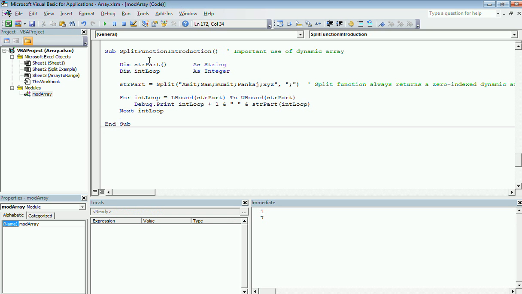Now here is a very important use of dynamic array. So I have declared a dynamic array here, strpart. So I have used something called the split function. So what does this function do? It takes a string expression and it breaks up the string using a delimiter. In this case the delimiter is the second parameter, so I have passed semicolon. So it will break up this string using this semicolon